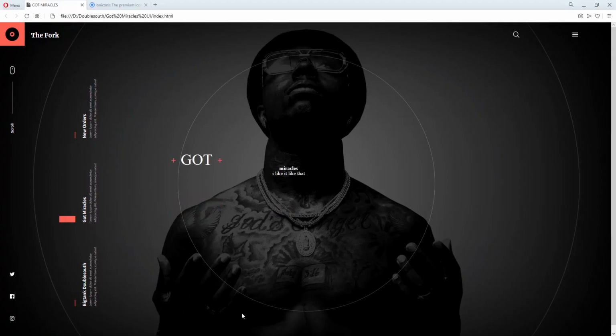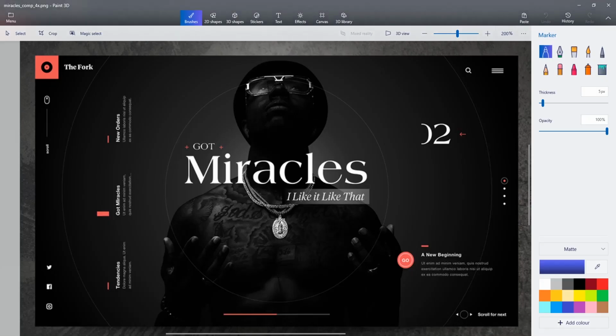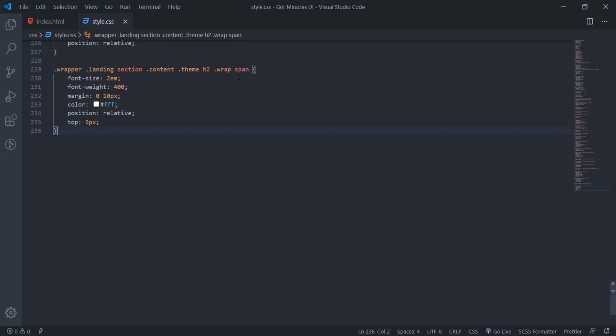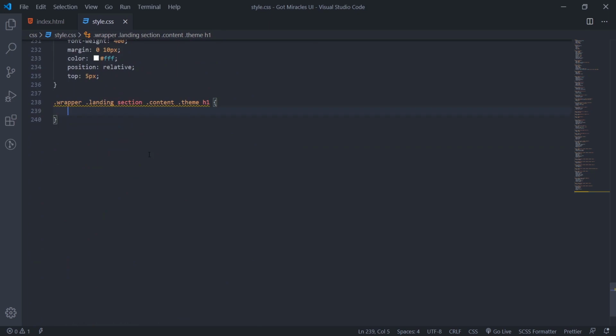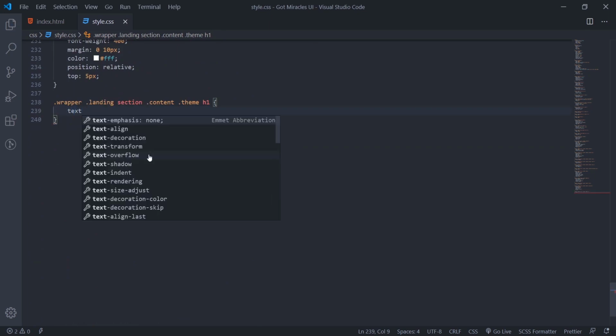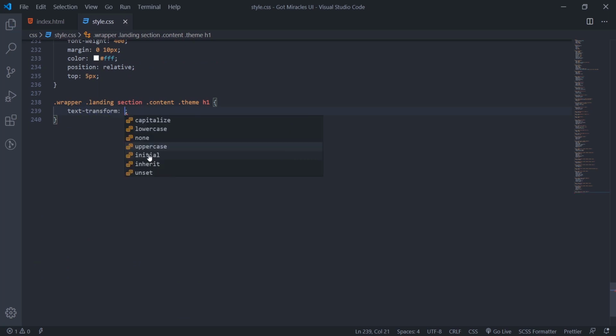Now we target the miracles. I'll target the h1 here, then text-transform. I could copy some of these things, but copying causes errors at times, so I'll type it over.